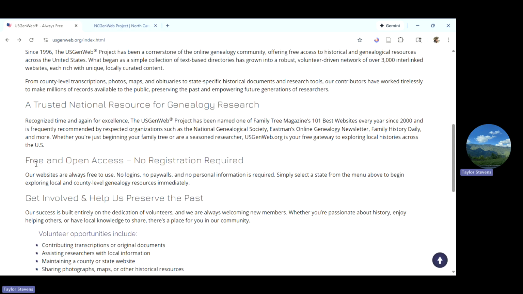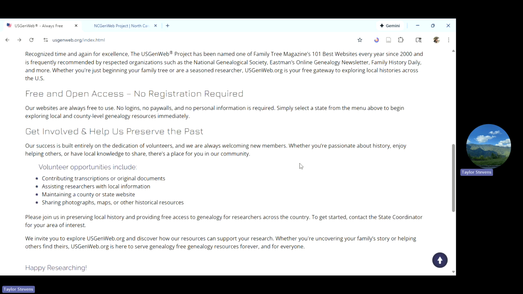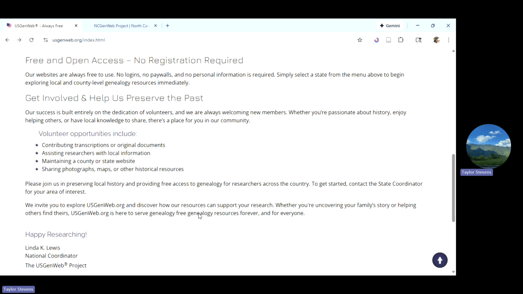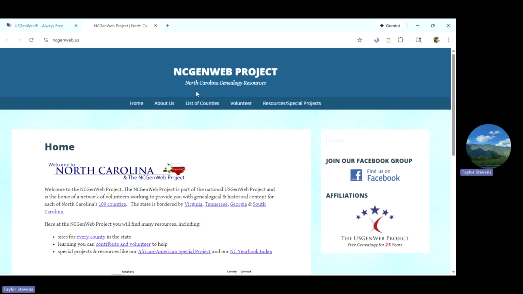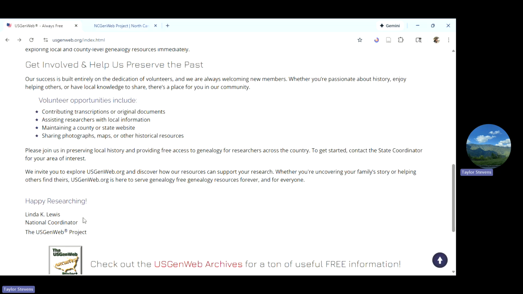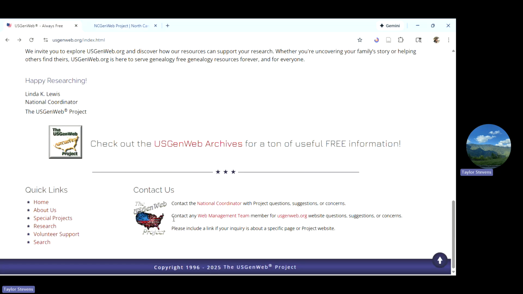Now, like I previously stated, this is a free and open access website. There is no paywall, there are no logins, and there's no personal information that is required of you when you're using this resource. And then finally, at the bottom of the webpage, it talks about how to get involved and how to help them preserve the past, as they state. Different opportunities such as contributing transcriptions, assisting researchers, maintaining these county websites and state websites, and then sharing personal photographs and maps. It also has a link to their GenWeb archive, which I'm going to open in a new link